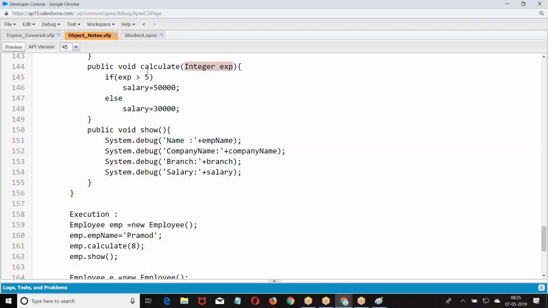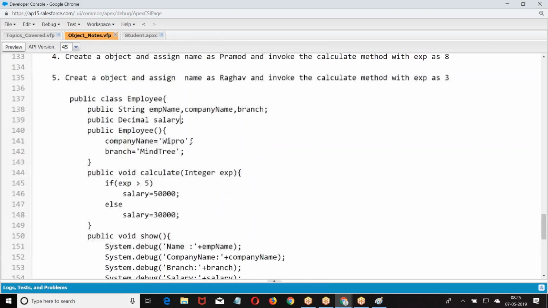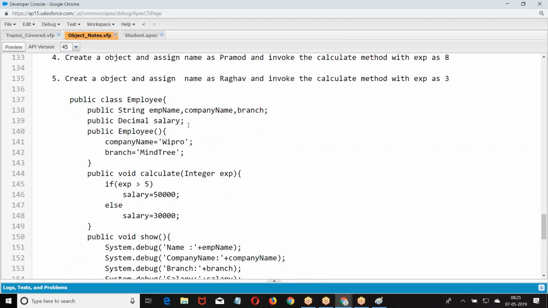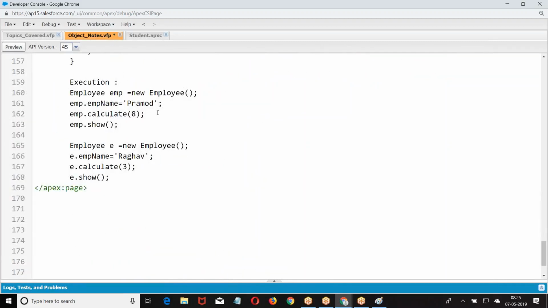Now this says, give me input called experience, I'll calculate the value. That is required only for calculate, so it becomes local to calculate. If I give this value here, then the way I write the code is different. If it is here, then how should I give it?